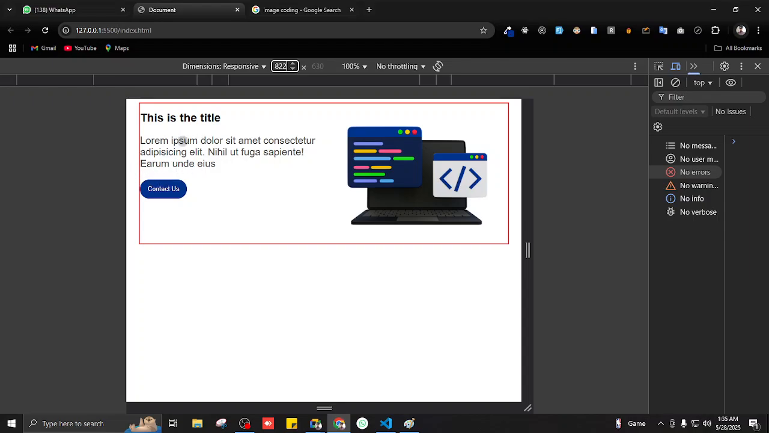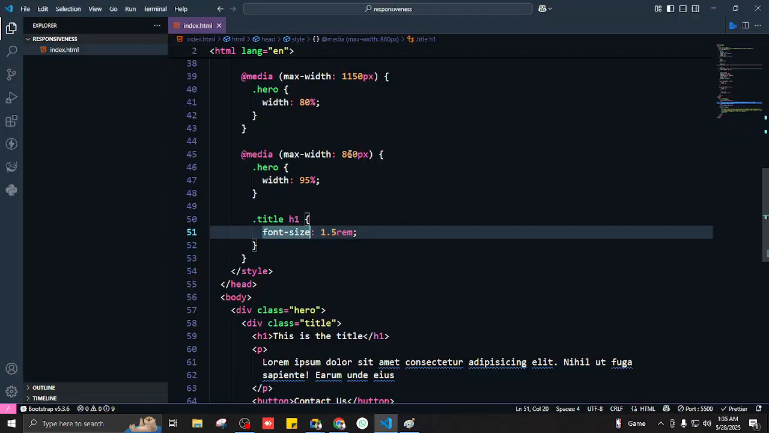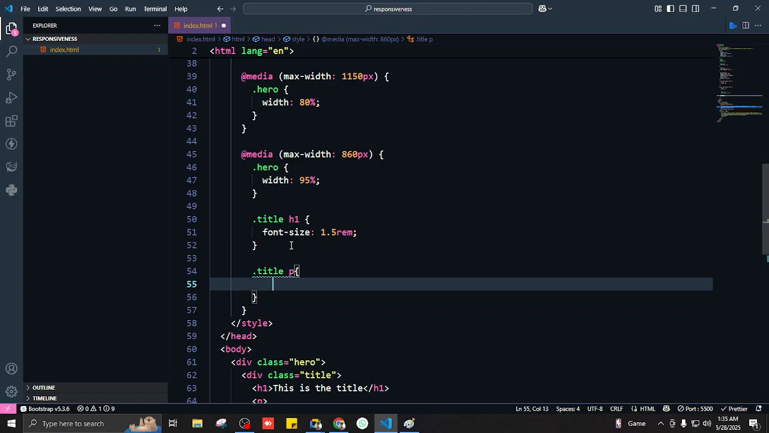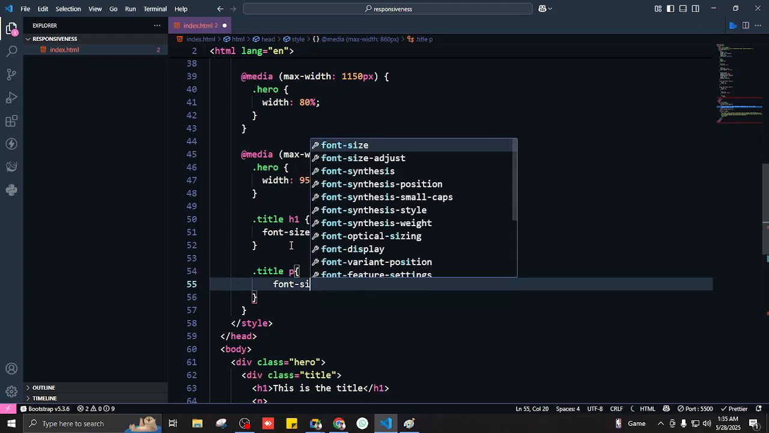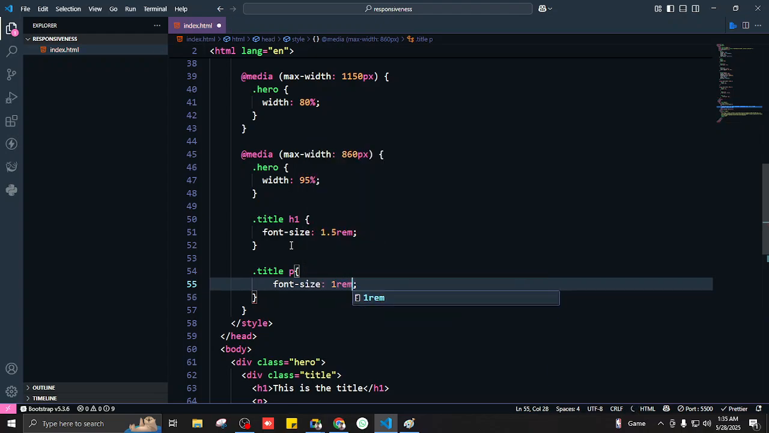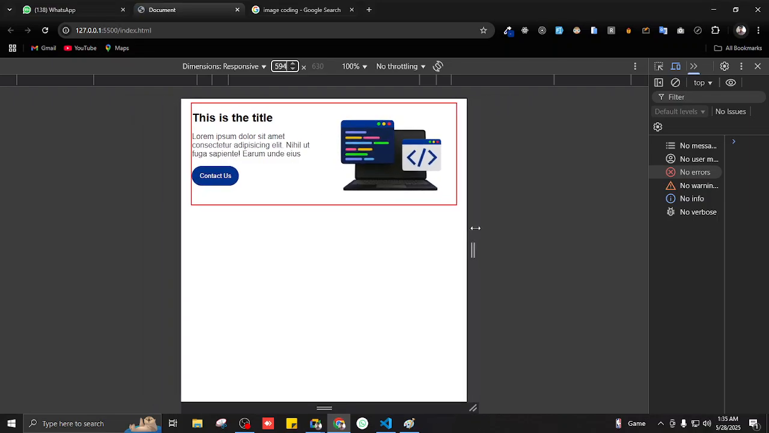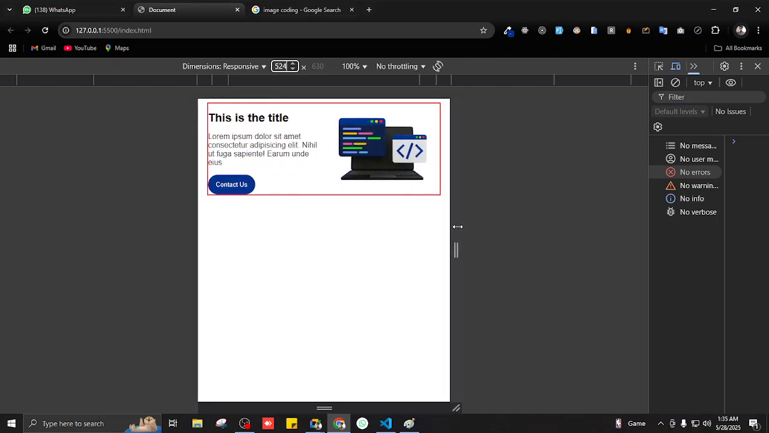So yeah, same with the paragraph as well. When it reaches 860, the paragraph should be smaller as well. So I'm going to say font size for the paragraph should now decrease from 1.5 to, let's say, 1 rem. Yeah, perfect. So next problem is,